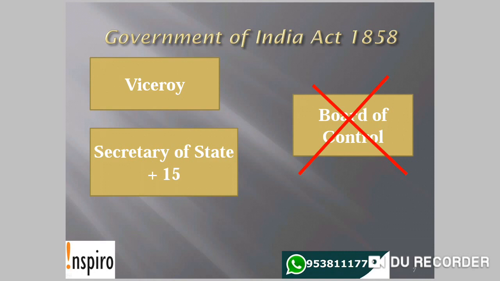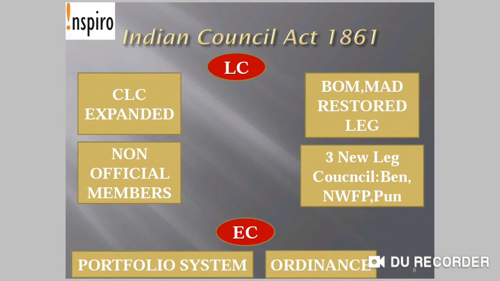And a body was formed in London with 14 members for advising the Secretary of State. The charge of the Secretary of State for India was a member of the British cabinet and was responsible ultimately to the British Parliament. And the post of Board of Control was abolished. Now comes the Indian Council